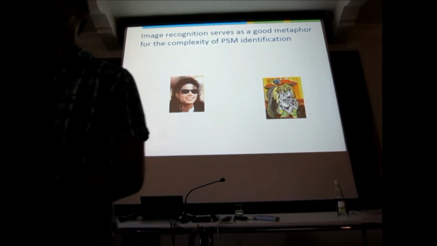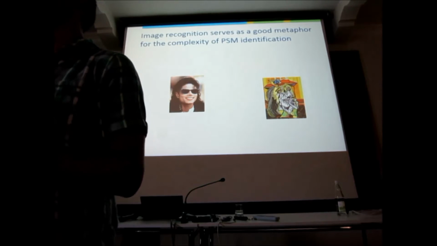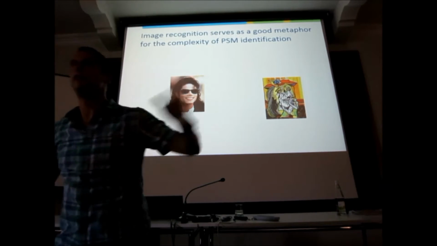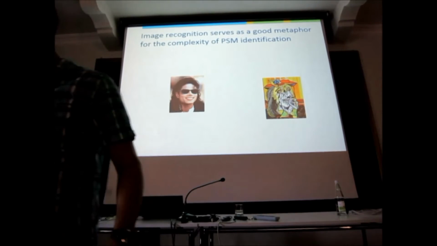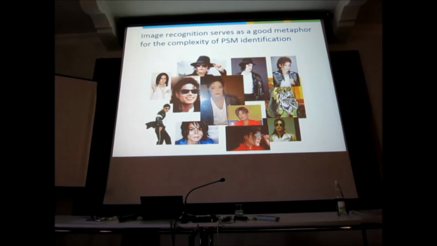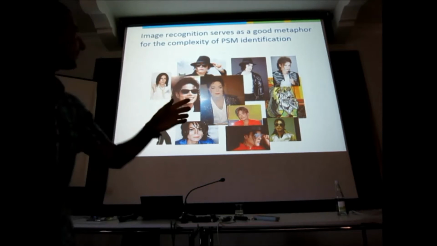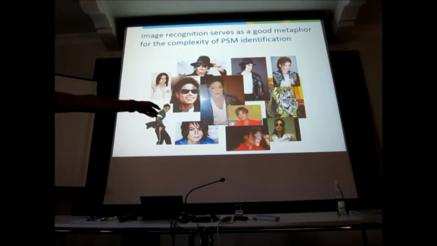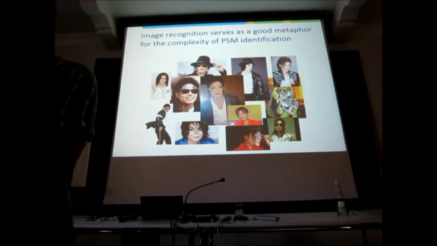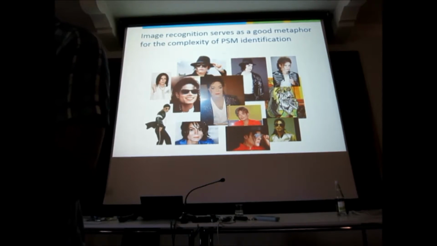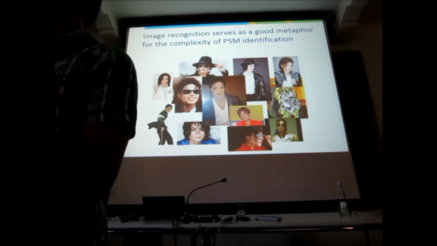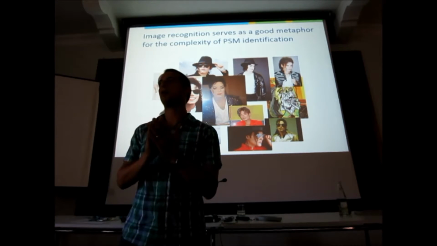Which of the following two pictures is Michael Jackson? Is this hard? You have a target and you have a decoy. Okay? Now we make the database bigger. Which of these is Michael Jackson? Right? Now you start to doubt, right? Is this guy on the left really Michael Jackson? Do you want to know where the real Michael Jackson is? He's not on the slide. These are all imitators. Okay? This guy happens to be the best imitator, apparently. But the thing is, it becomes incredibly difficult to see the difference between things that look alike. And the bigger the database is, the more chances you have of finding multiple peptides that look alike.